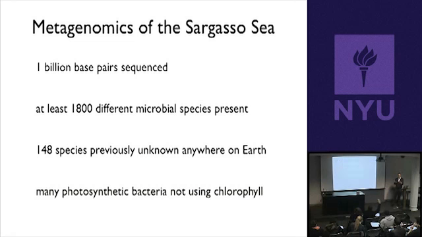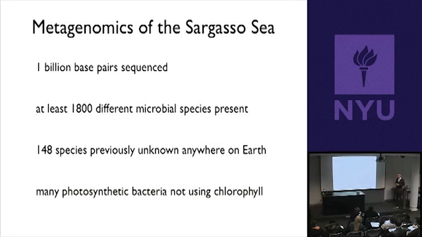Okay? So are they also going through this process of looking for repeats? Well, the repeats tend not to fall into genes, and most of the information in studies like this comes from genes. So they basically just ignore the repeats. They're not trying to assemble a whole genome, right? They're just saying, this piece of DNA comes from some gene from some organism. Let me see what I can learn about it. Okay. So they do that. They compare all the sequences they get to existing databases, and they discovered that there are at least 1,800 different microbial species living in that 1,000 gallons of seawater that were previously unknown. Okay?